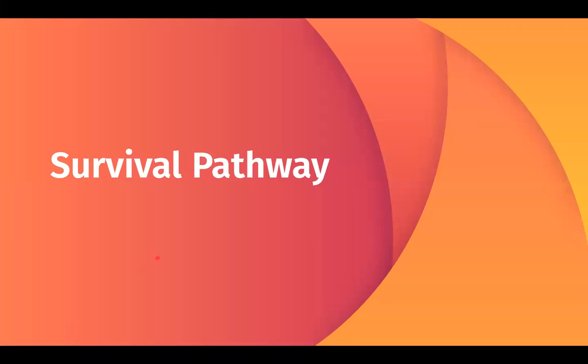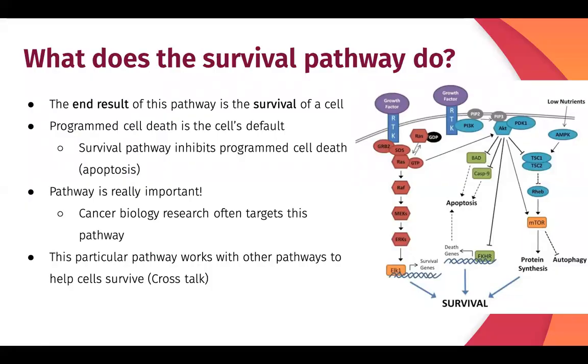Now we'll move on to the survival pathway. So our survival pathway causes cell survival. The automatic response of a cell is to undergo cell death. Every day, I like to say this, and it genuinely, the cell is fighting every second of every day to stay alive, because the default is to just undergo apoptosis. And so the survival pathway inhibits this. And this is really important